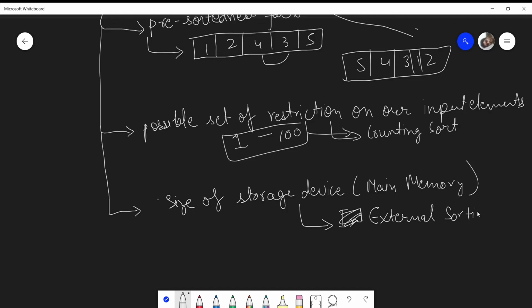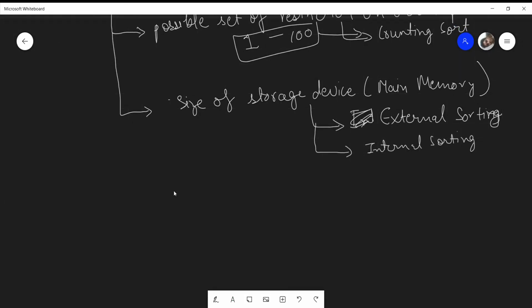And if I can keep all my data set within my main memory all at once, then I might go with internal sorting algorithms.